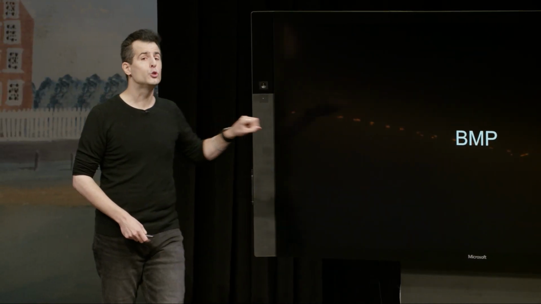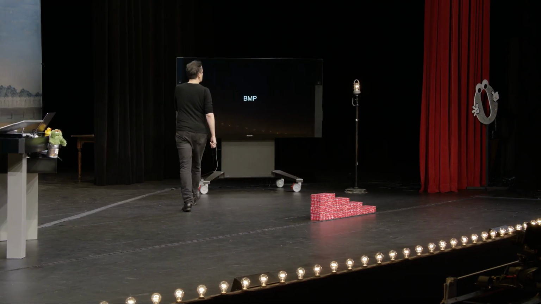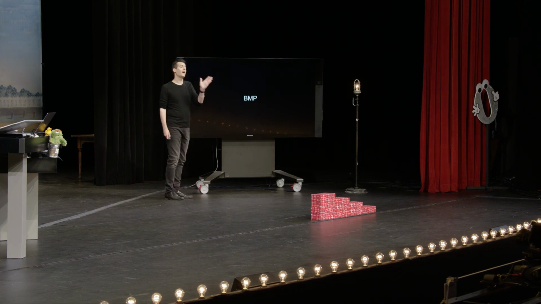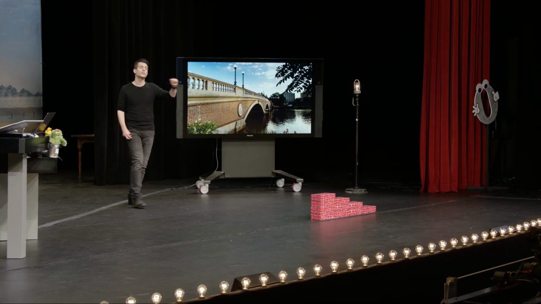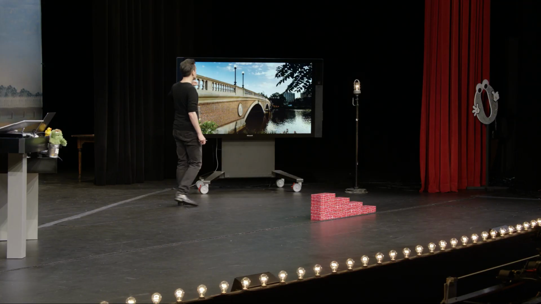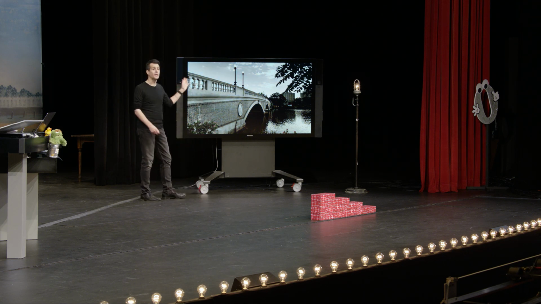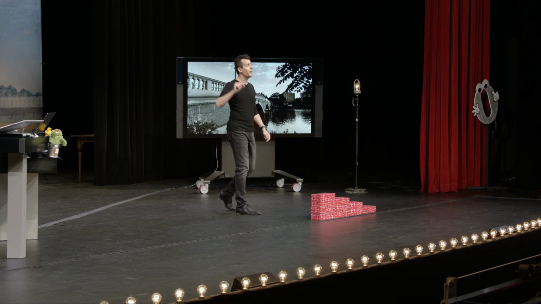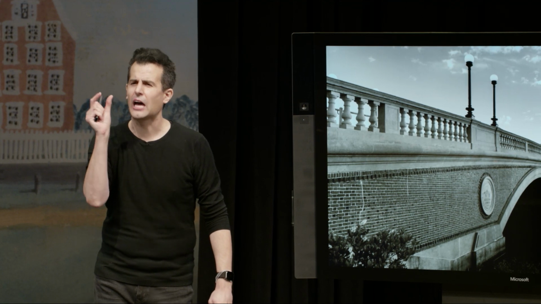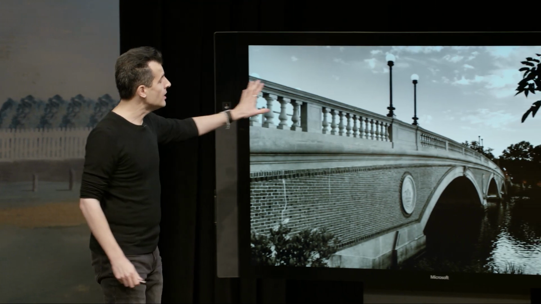We'll also introduce you to bitmap files, BMPs, popularized by the Windows operating system for wallpapers and the like. But we'll use them to implement, using pointers and using file I/O, your very own Instagram-like filter. So we'll take this picture here of the week's footbridge here in Cambridge, Massachusetts by Harvard, and we'll have you implement a number of filters, taking this original image, for instance, and desaturating it, making it black and white by iterating over all of the pixels, top to bottom, left to right, and recognizing any color like red or green or blue or anything in between, and changing them to some shade of gray.